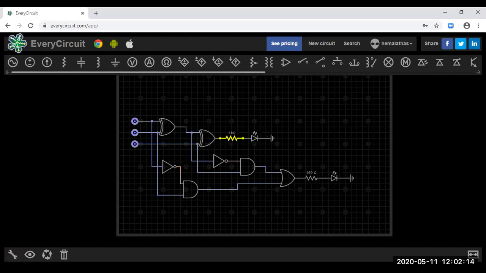First let us change the value of this resistor. The value is so high that the current will not flow, so we will keep it at 150 ohm. Now let us simulate. You have two different cases. First you have V in, that is the third input, which may be either 0 or 1. First let us keep this as 0. So we can have various combinations.